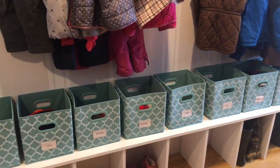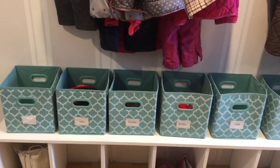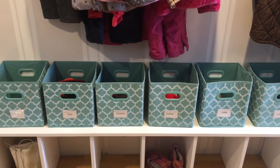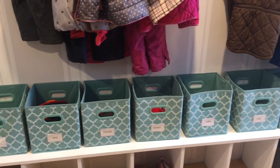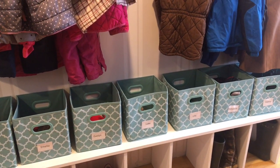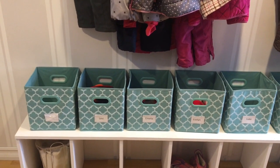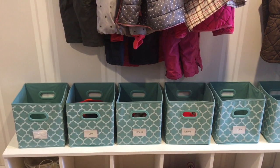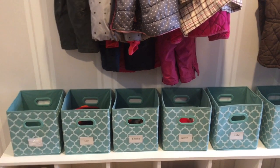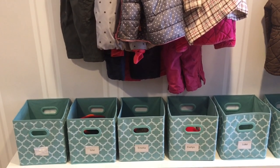And then everybody has their own little cube, which these were not my favorite, but they were really affordable. It was like 12 for $26 or something like that. I really wanted wicker. Thought that'd be so pretty, but those are like $10 a piece. And I mean, my kids would just destroy them. So, maybe someday. But for winter, it's nice to collect hats, gloves, scarves, that kind of thing. They can throw it in there so they don't have to hang it up,